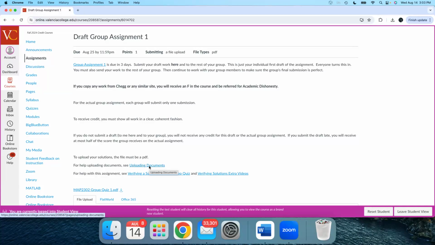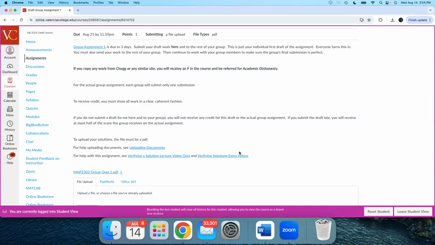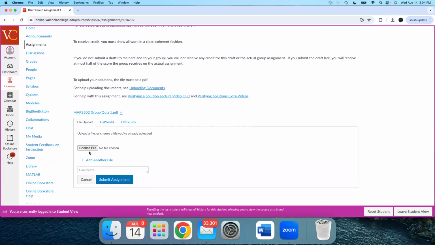If you don't do that, if you take, say, 3 individual PDF pictures, then I'll show you how in a separate video to use this online app called PDF Escape, and squish those together into one document. No matter how you do it, you got to upload one single PDF document. You're going to do it here. If you've got the Canvas app on your phone and you're using something like CamScanner, depending on your phone, those should be able to talk to each other. So from CamScanner, you can open up the Canvas app and just do everything on your phone. Just submit the assignment here.